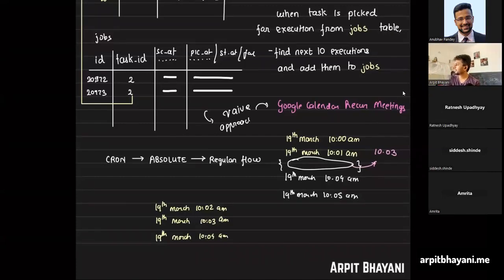Arpit, I also wanted to add to the Google Calendar thing. We can separate them out because we are considering the case where we had to book the physical rooms, and in case we maintain different entries for weekly and daily meetings, we might create a conflict for the meeting room in that case. True. Range queries plus copy on write again. This seems like a very good approach for building Google Calendar. Thanks, Amrita, for that. Learned quite a bit today.